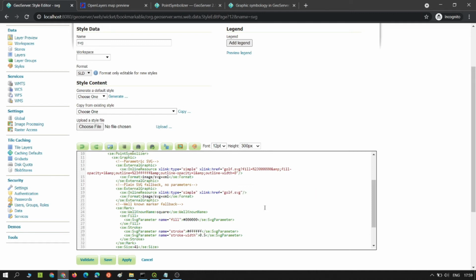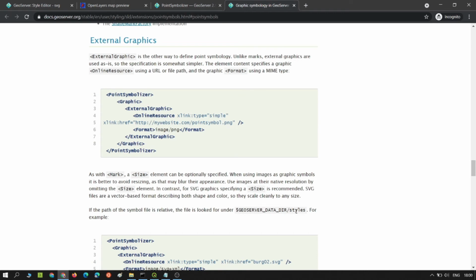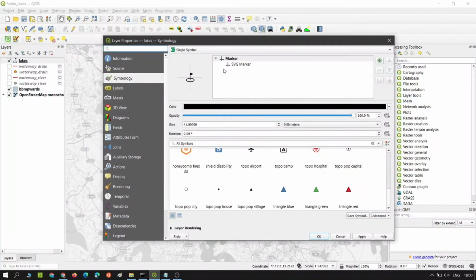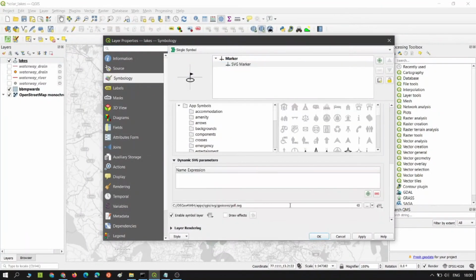And then what we have to do is save the golf.svg under GeoServer datadir/styles. So this is an environment variable that you have set up when we were setting up the GeoServer instance. So in my case, the directory is, okay, let me just first copy the file and paste it.